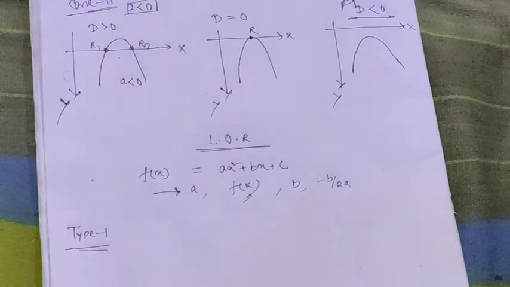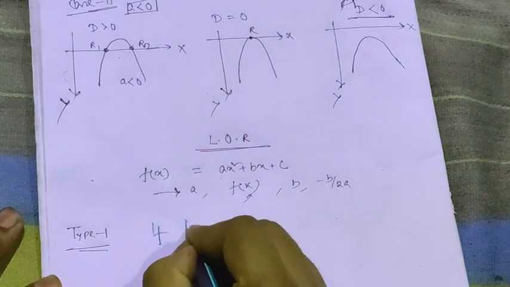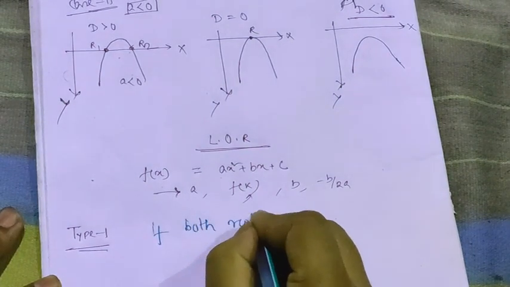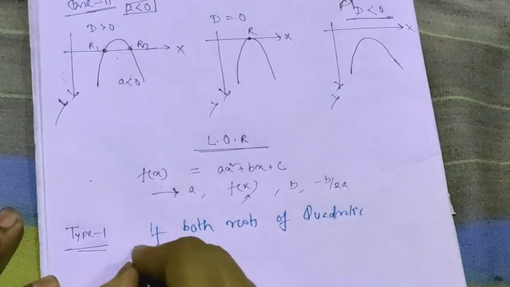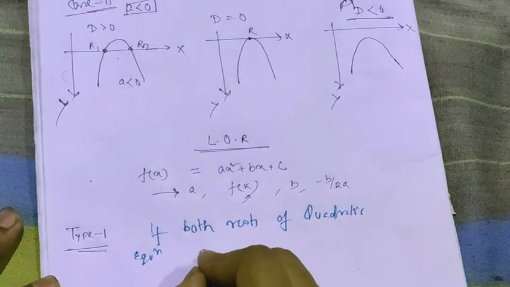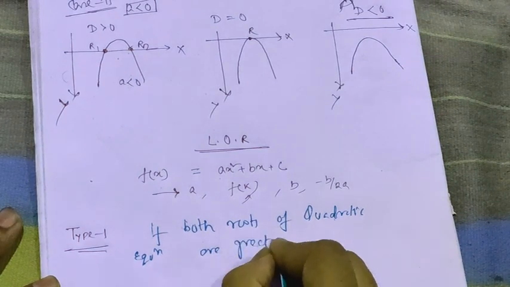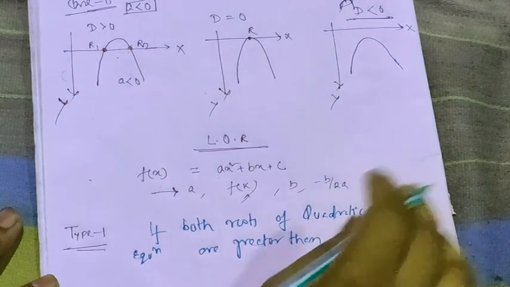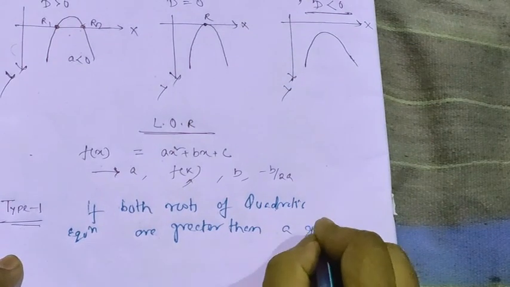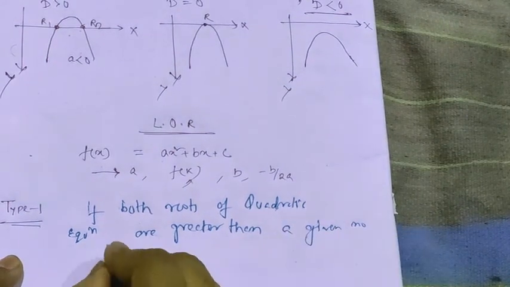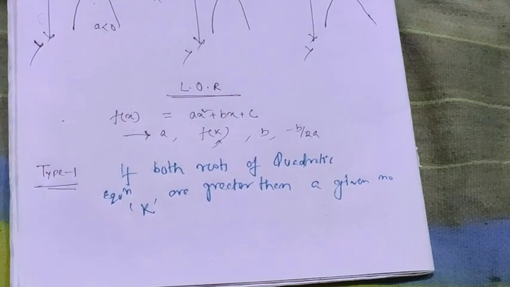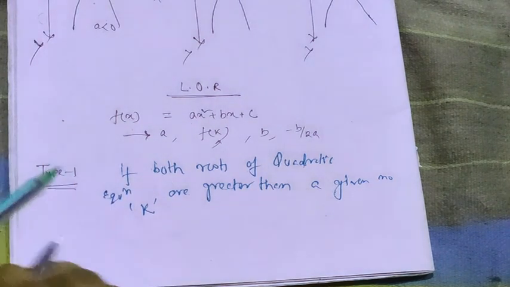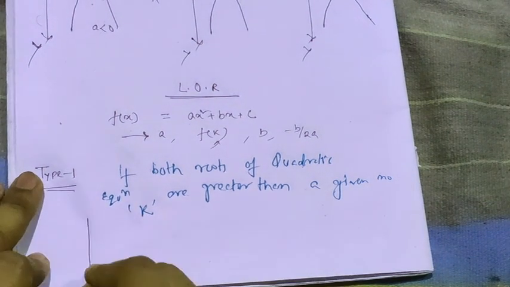In this type, if both roots of the quadratic equation are greater than a given number k, that means both the roots of the quadratic equation are greater than a given number k. So here k is any arbitrary number. So in this case,